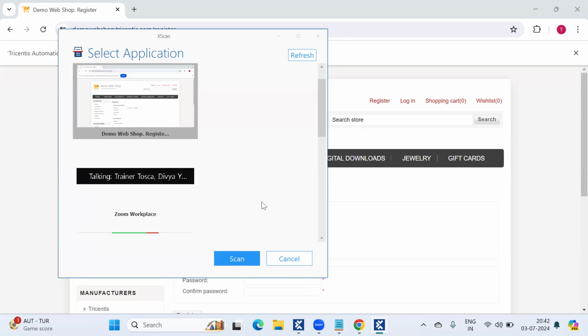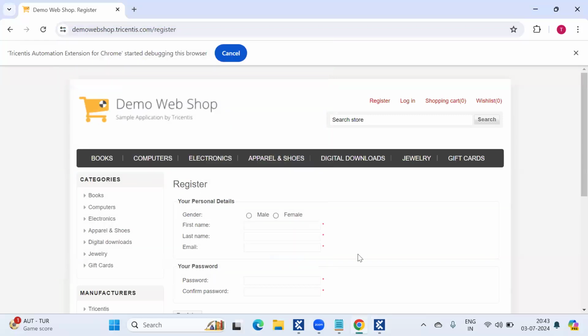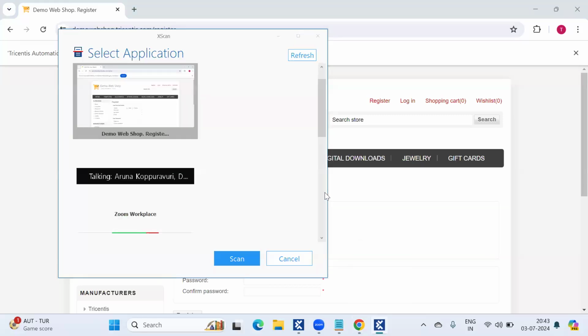I have a doubt. Can you please open another window in the Chrome browser and try to scan the Chrome? That means two Chrome browsers at a time. Which application will it select? Going further, you will have those scenarios as well.